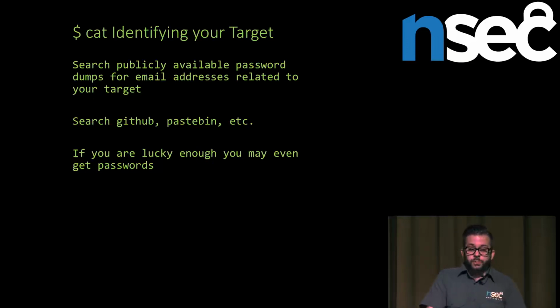As I mentioned, searching publicly available password dumps, like there's a couple of huge dumps like Adobe, Ashley Madison, and a bunch of others in the past, can actually give you a bunch of email addresses that can be used. You don't really care about the password. You're mostly going to phish those people, right? So you just reuse this information.